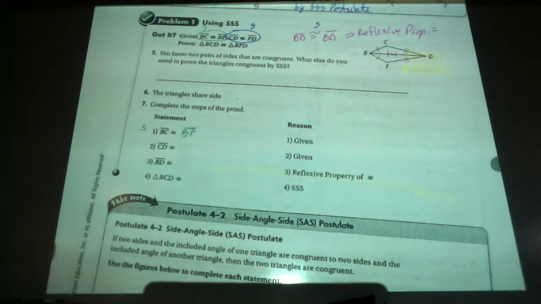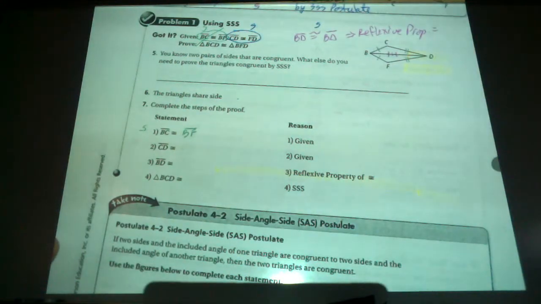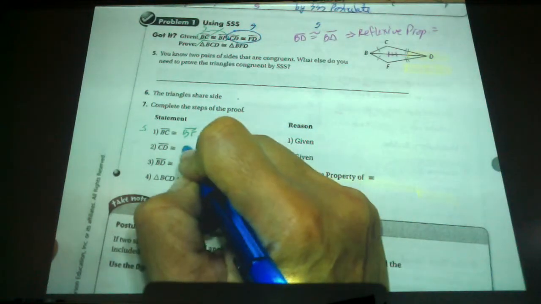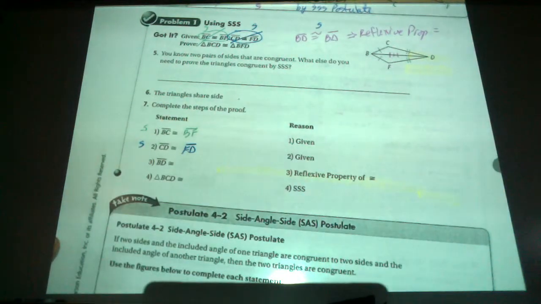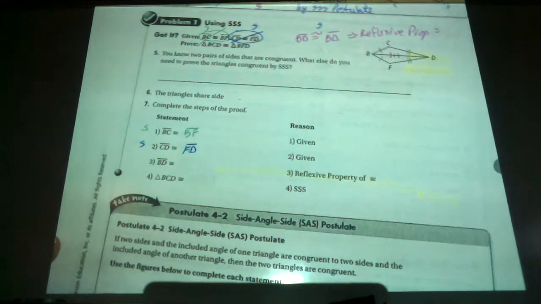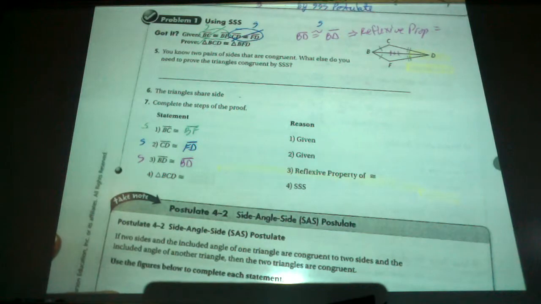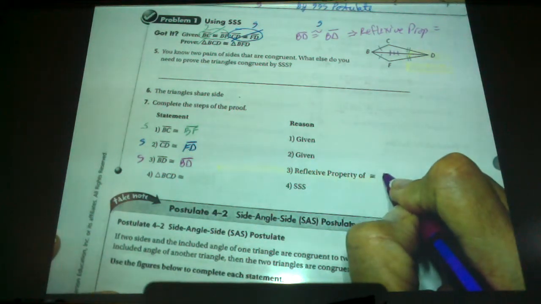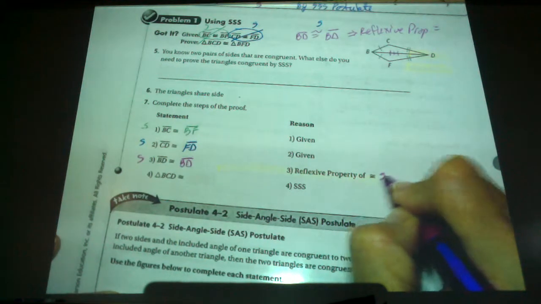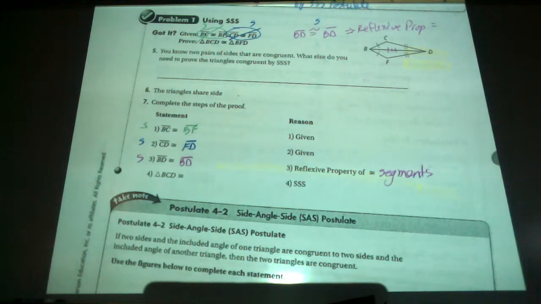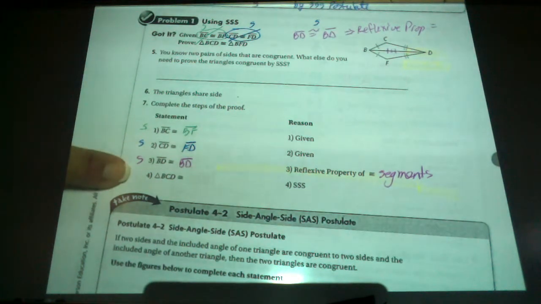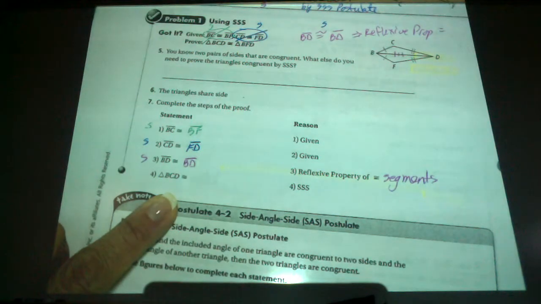And then, so we've used this one, so I'm going to cross it off. And then CD is congruent to FD. Cross that off, and that's my second given. Then my third is right here, which we came up with. BD is congruent to BD, and that gives us our third S. And we had reflexive property of congruent. What are we going to add here? Segments. Close. And then immediately upon hitting the SSS, that third piece, you can immediately prove the triangles are congruent